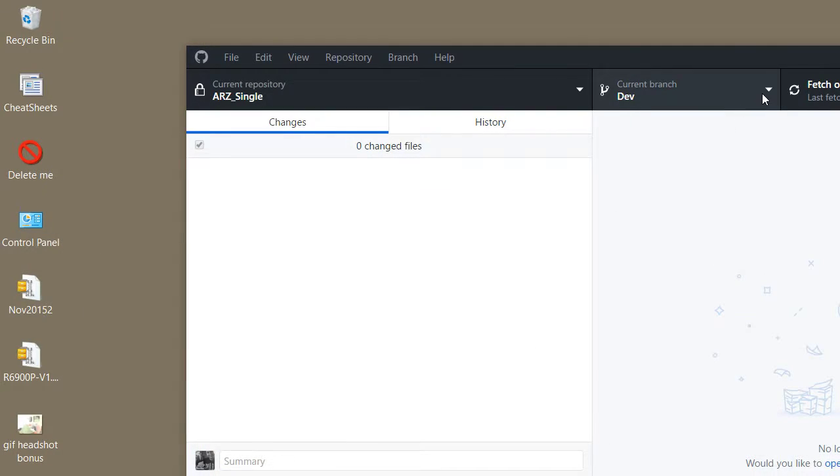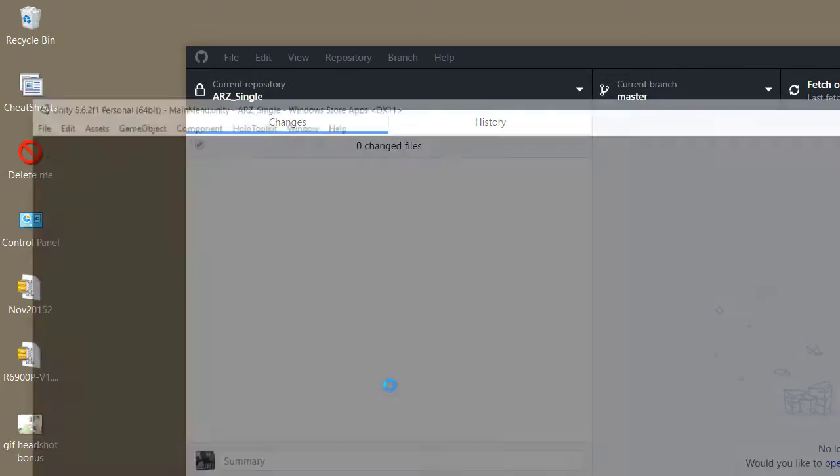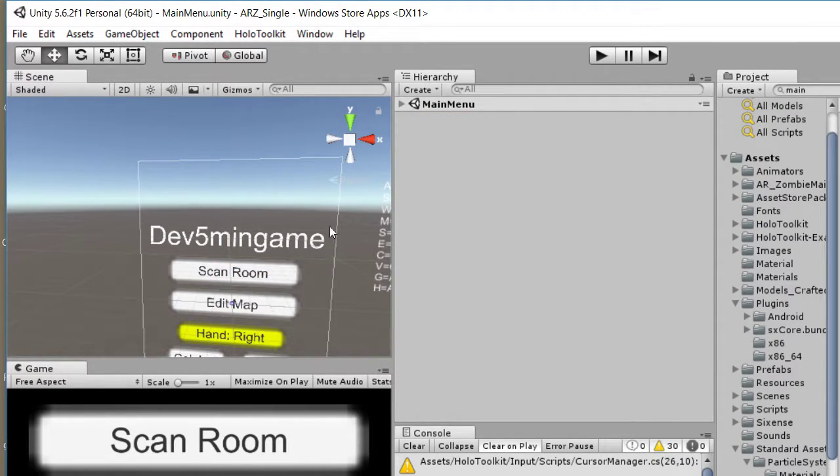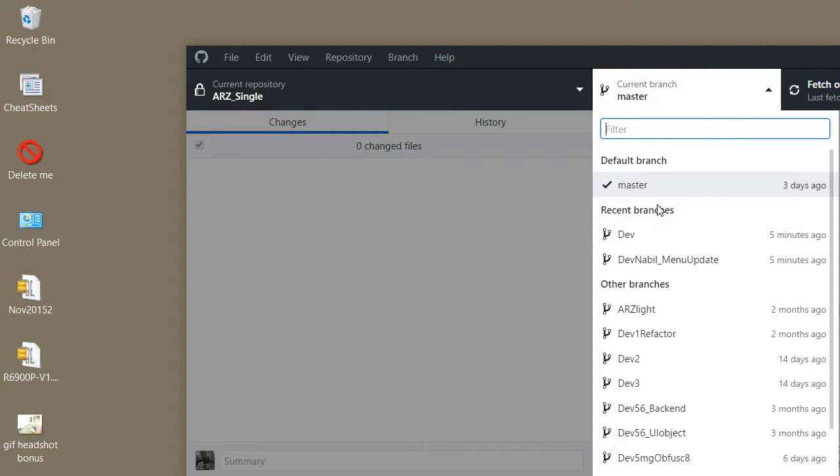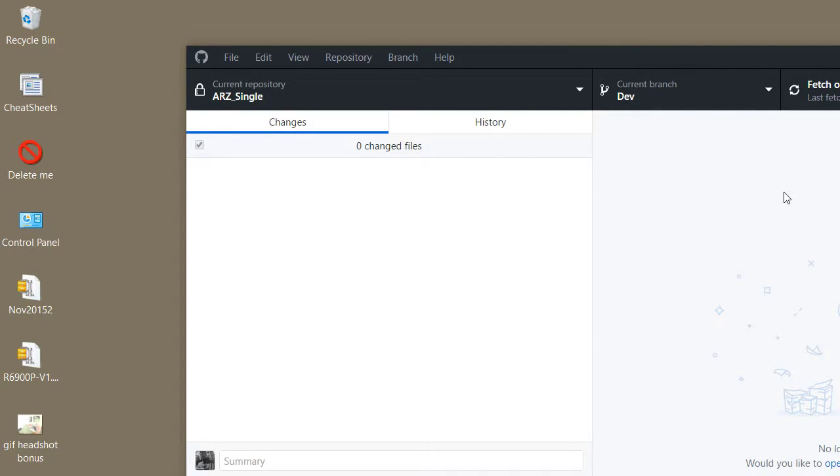Now let's change branches back to master, and now you'll see that on master the title is still dev 5-minute game. So master has not been changed yet. Let's get back to dev, and at this point, once we've merged to dev, actually I'm not sure